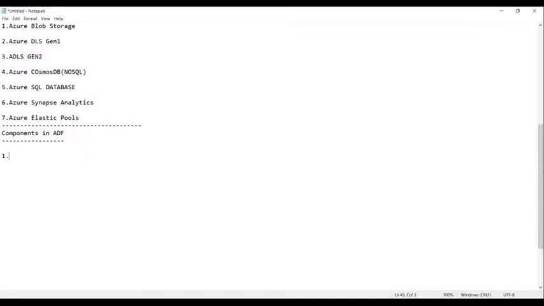The first one is called pipeline. We can also call it a data pipeline. Now the next one. The second one is called linked services.